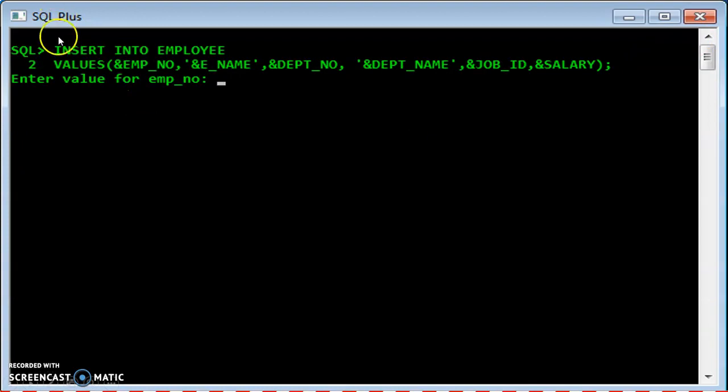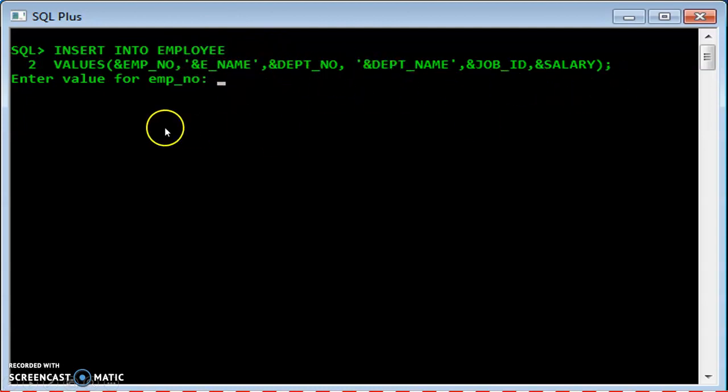So you have to write a query like insert into employee values, ampersand, then the column name. Now this is the same way we write a scanf statement in the C programming language. So write ampersand, then your column name, comma, ampersand, your column name. Again, here the column name which accepts numerical values will be written as it is, and the column name which accepts alphabetical characters will be written in single quotes, as you see here, we have specified in the name and in the department.